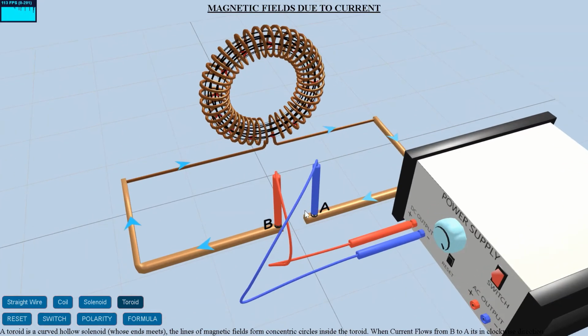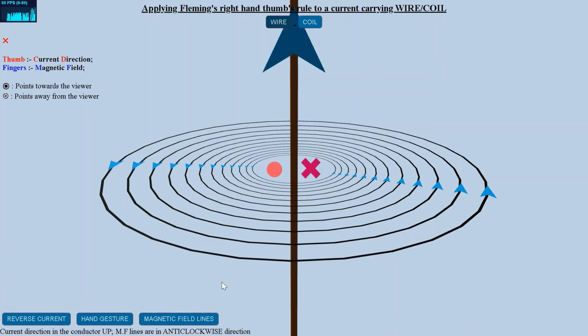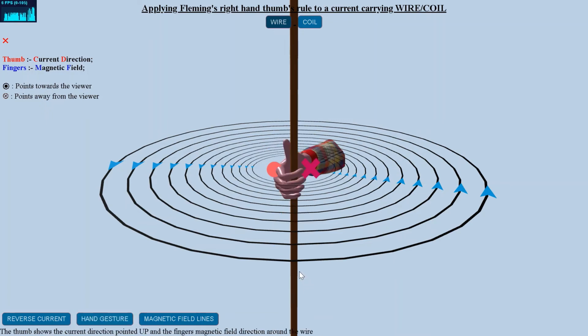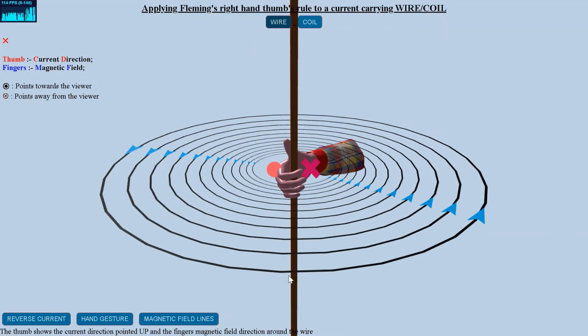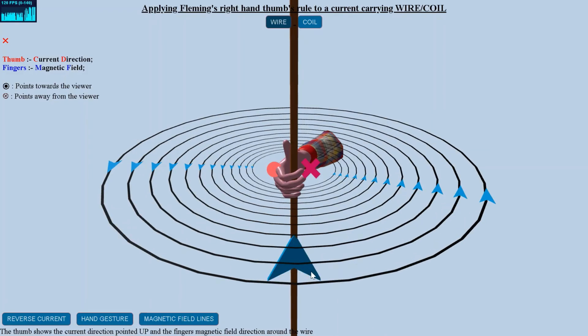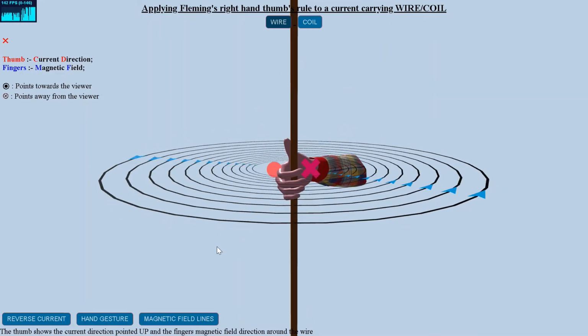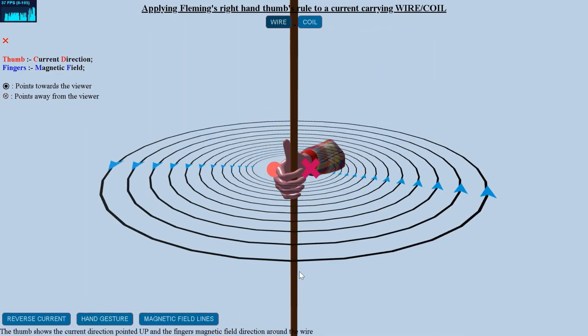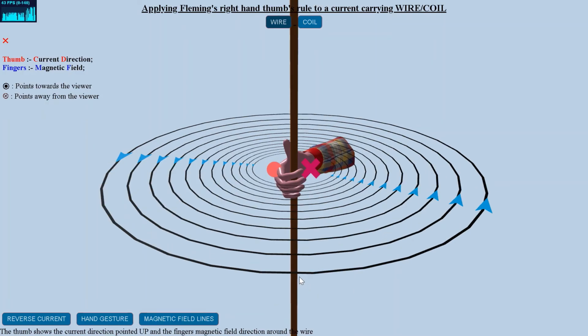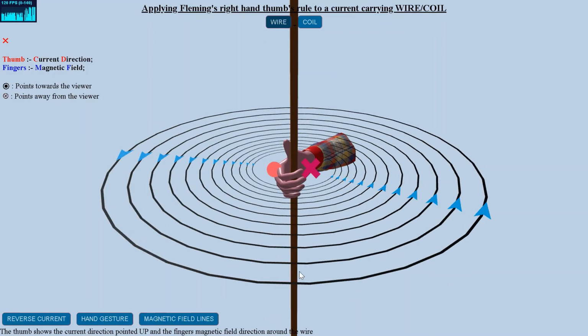The visualization of the magnetic field around a current carrying wire can be done using Fleming's right-hand thumb rule. Here, the thumb points in the direction of current and the fingers are curled in the direction of the magnetic field. For a straight wire, when the current is flowing upward, on the left side of the wire, the magnetic field points towards the viewer, represented by the dot, and on the right, it points away from the viewer,